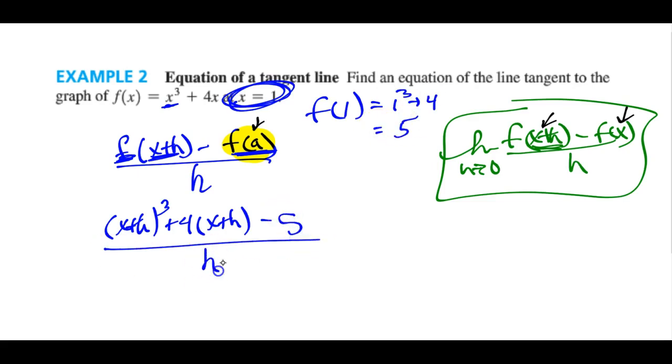All over some h value as the limit as h goes to 0. So the mistake would be to try to distribute this, which you cannot. You can only distribute exponents over multiplication and division. So you need to multiply it out, and there's something called Pascal's triangle that would really help for you to